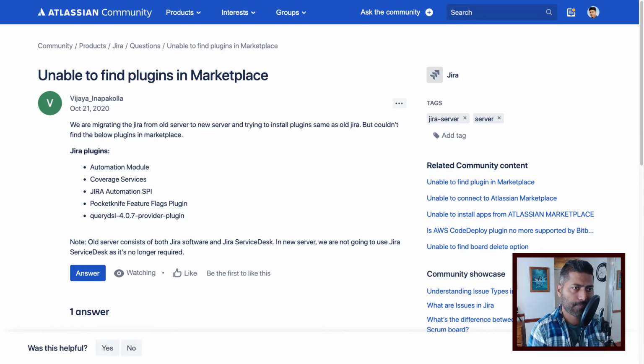For example, today I was looking at this question on the community from Vijaya, and Vijaya is asking: we are migrating Jira from an old server to a new server and trying to install plugins same as the old Jira, but couldn't find the below plugins in the marketplace. Now, this is very common when you have to, let us say,